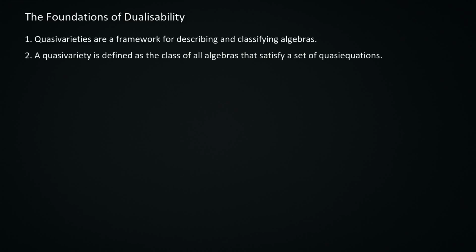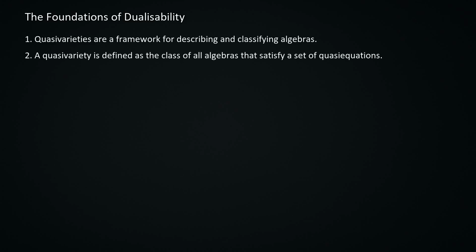The journey into the theory of natural dualities begins with the concept of quasivarieties. Quasivarieties are fundamental in universal algebra, providing a framework for describing and classifying algebras. In this part, we explore the definition and properties of quasivarieties, focusing on finite Unary algebras. A quasivariety is defined as the class of all algebras that satisfy a set of quasi-equations, logical statements involving terms